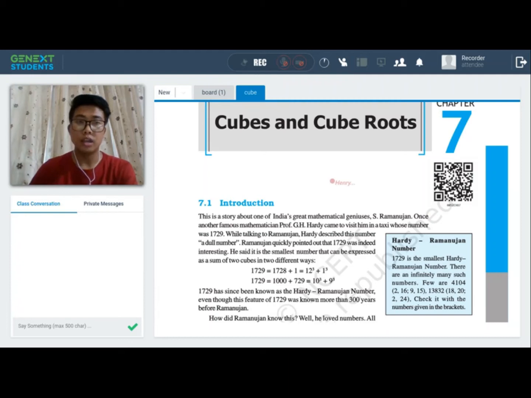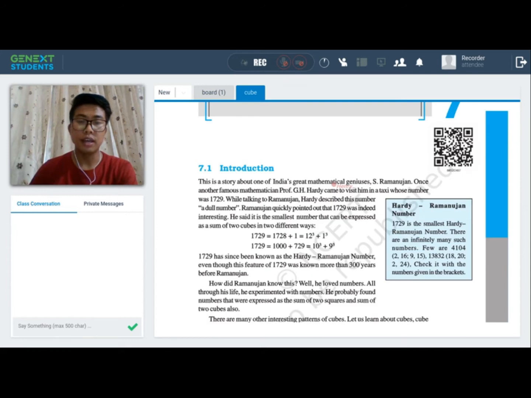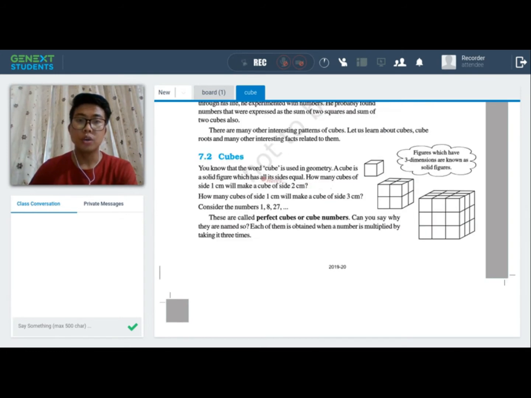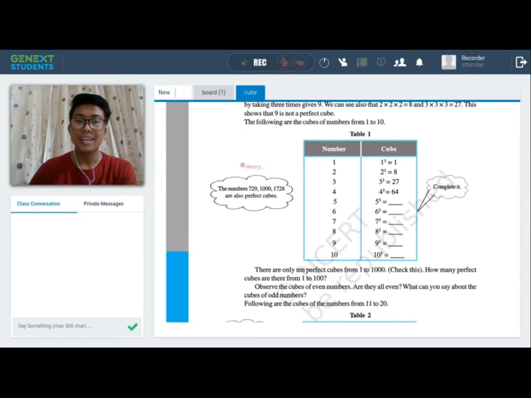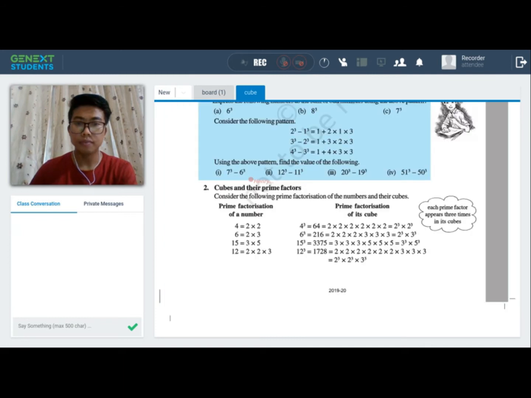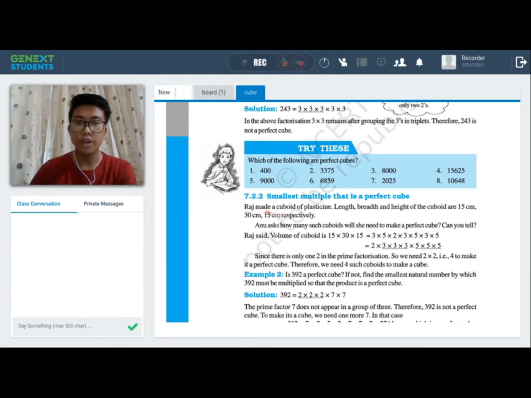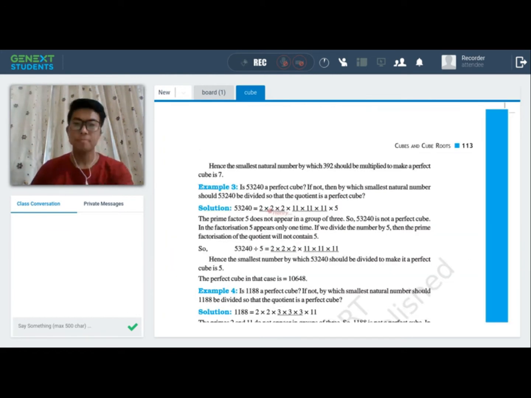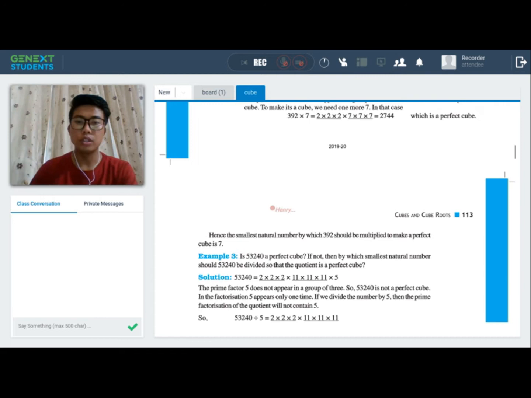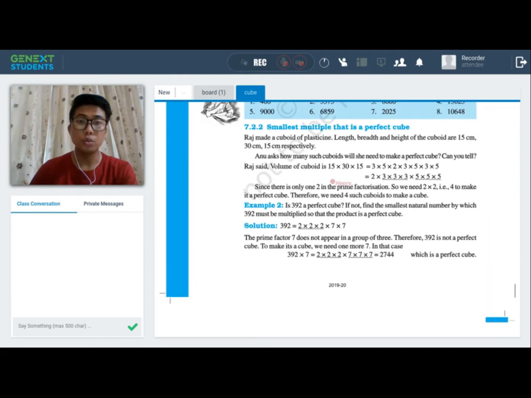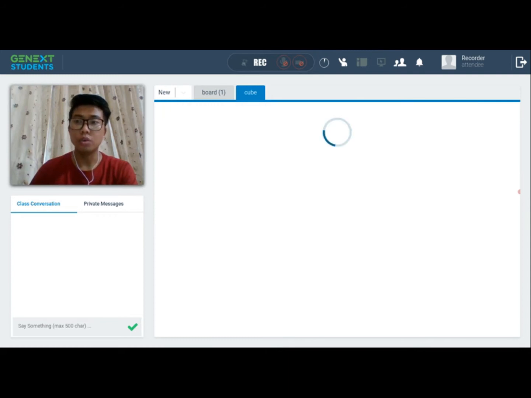So cube root has three topics: introduction, then we have cubes. Cubes is divided into two parts, and then we have cube roots. So cube root is divided into two subtopics where you will learn how to find a root of